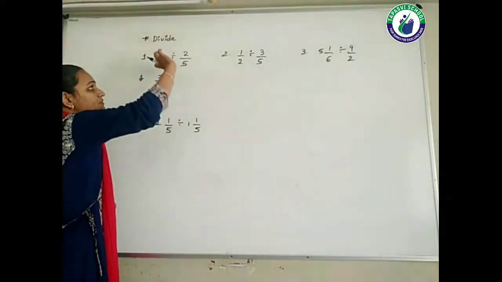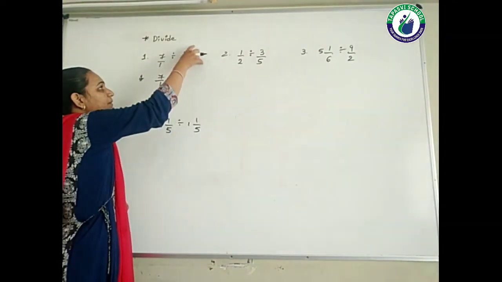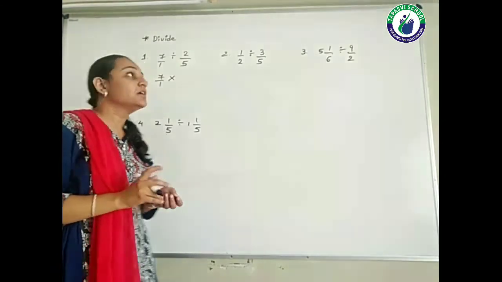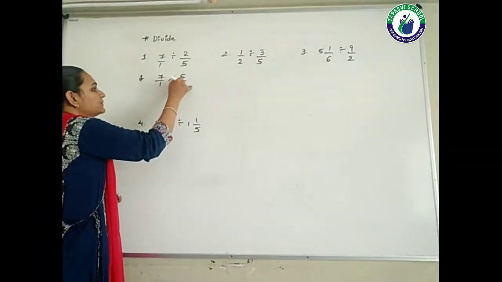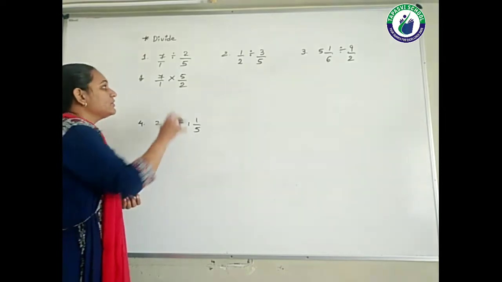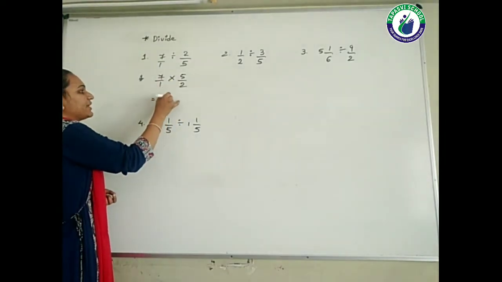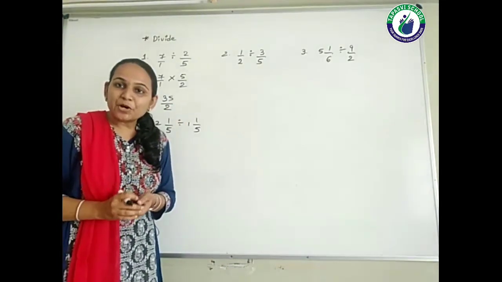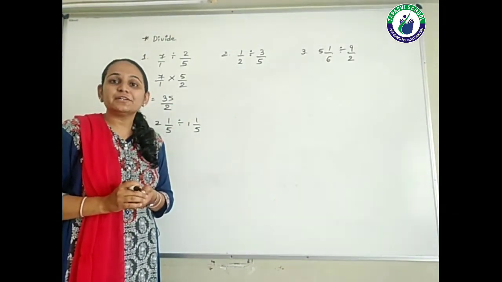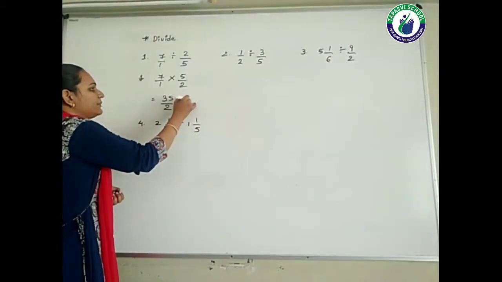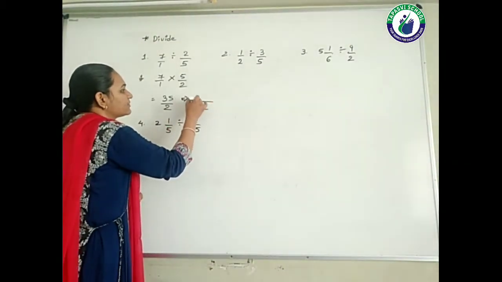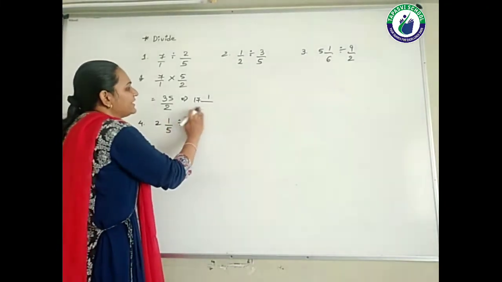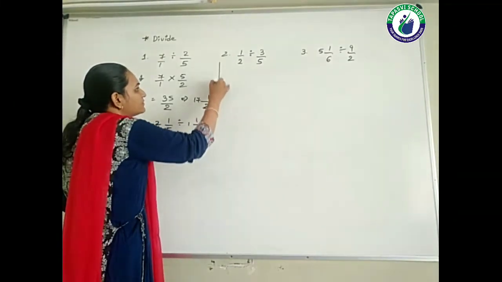So reciprocal means उसका उल्टा करना. That means denominator will come in the numerator, numerator will come in the denominator. That is called the reciprocal. So here I am writing 5 by 2. Is it clear? Now 7 5s are 35 and 1 2s are 2. Now this is an improper fraction, so students, you need to convert it into the mixed fraction. So here I am writing the mixed fraction of it, that is 17 integer 1 upon 2.